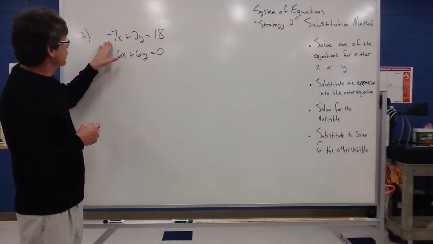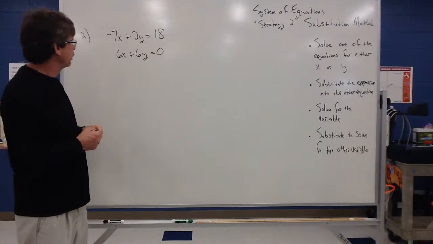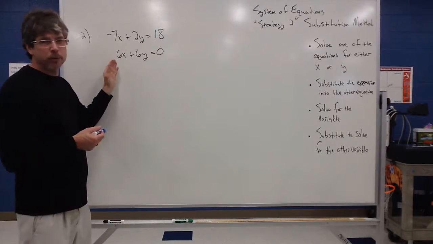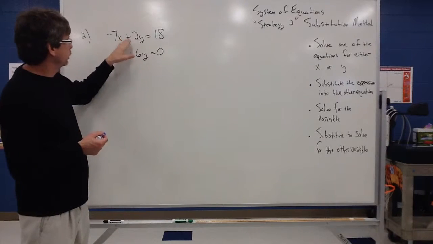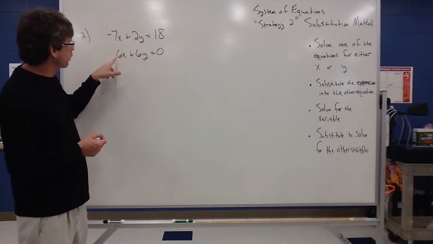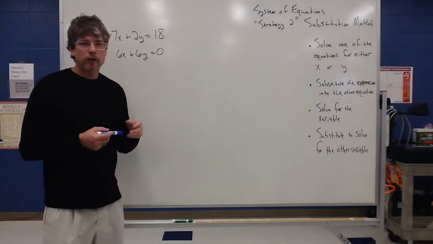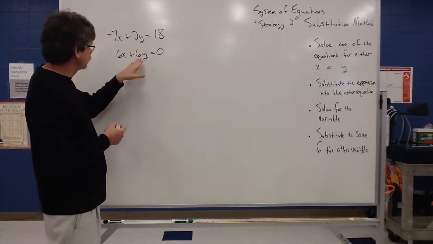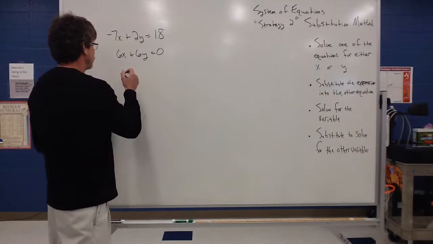So if I look at the first equation, I really don't like those numbers at all. The second equation, not much better, but I like these better than those. Now since these numbers are the same, it really doesn't matter who you solve for. I'm going to just go ahead and solve for y this time. So I'm going to have